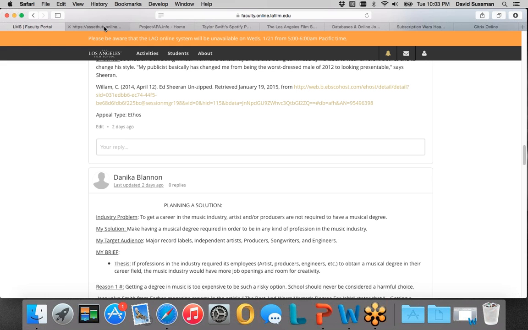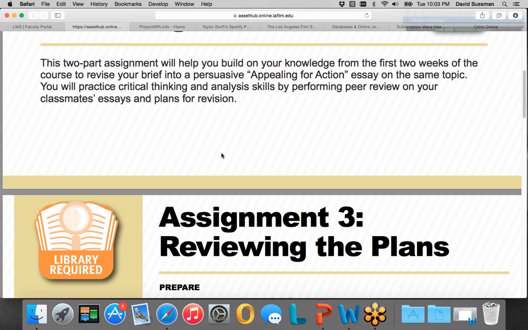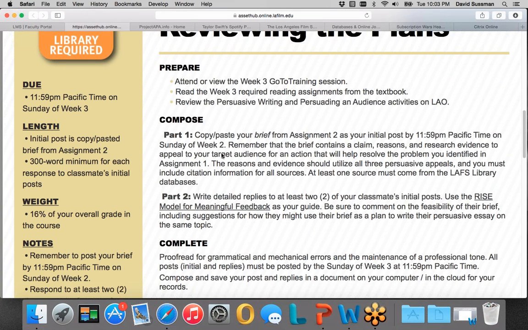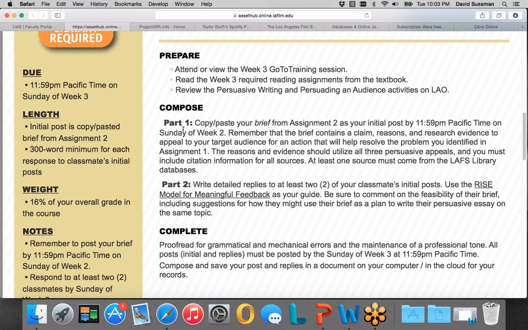I have the assignment sheet already open. You can read through this mostly on your own. I'm going to explain this in common sense terms because it's really pretty simple. There are 2 parts. Part 1 is to copy and paste your brief to the board. Okay, so really simple. Just put it there. I think about a dozen of you handed in your briefs on Sunday. So if only 5 of you post to the board, the other 7 or 8 of you, you need to post your work to the board. So that's part 1. Easy peasy, as my kids like to say.